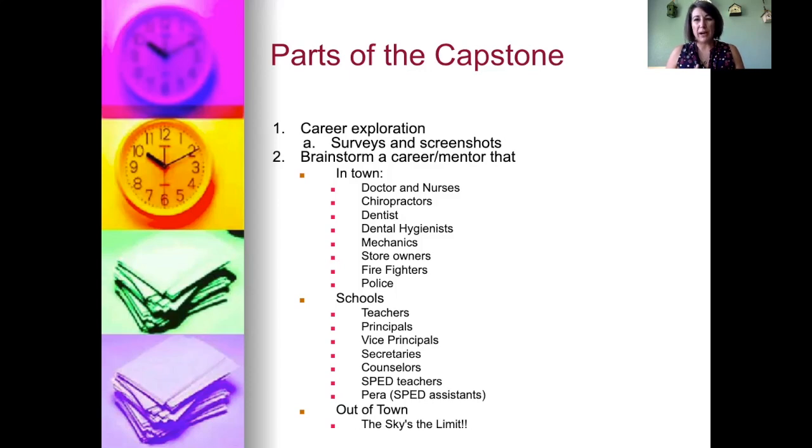And so is brainstorming and finding. Because if you have already made a connection with somebody that is in a career that you are genuinely interested in, you may not have to brainstorm somebody brand new. You might be able to then reach out to them.